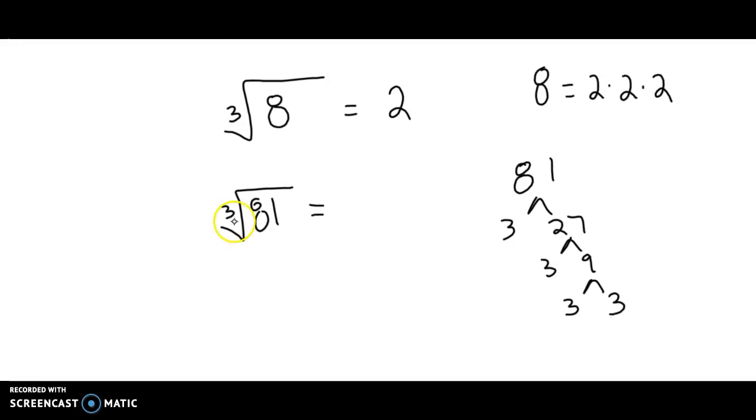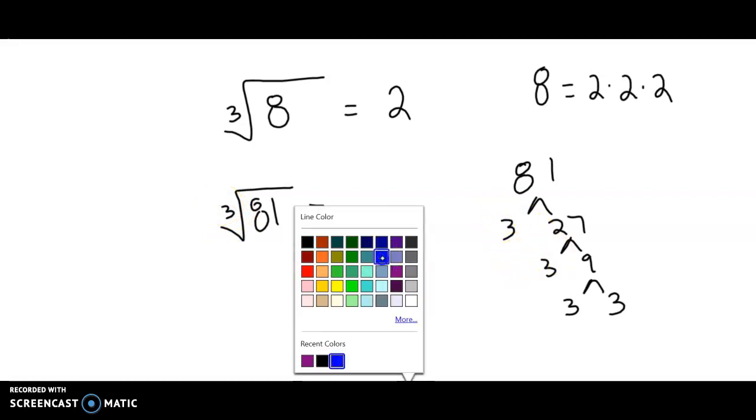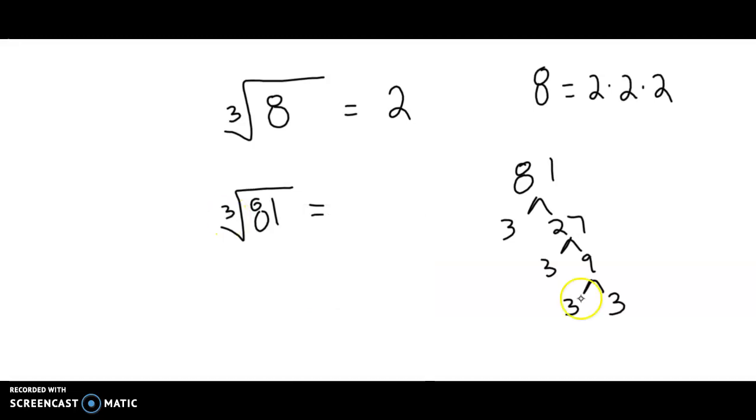Whenever we take a cube root, this number here will tell you how many of these over here to group together. So since we're looking for a cube root, I'm going to grab 3 of these at one time. And that's what comes out front. And then anything that's left over,